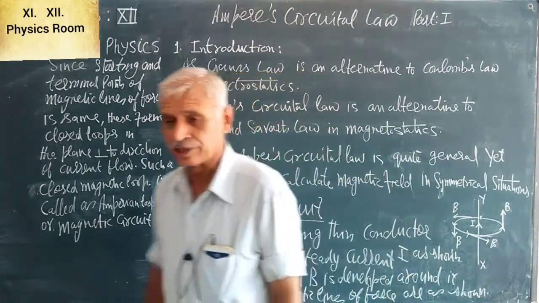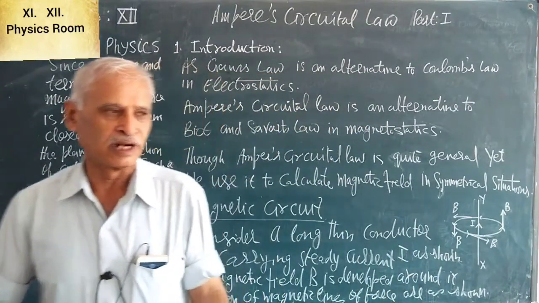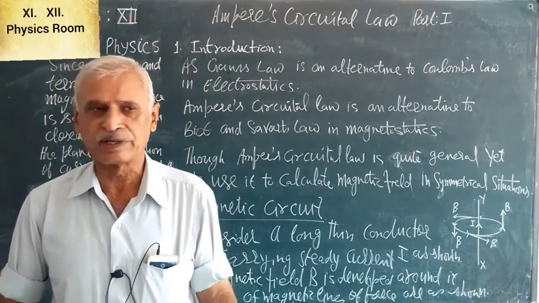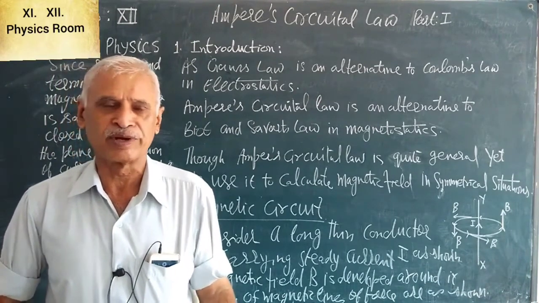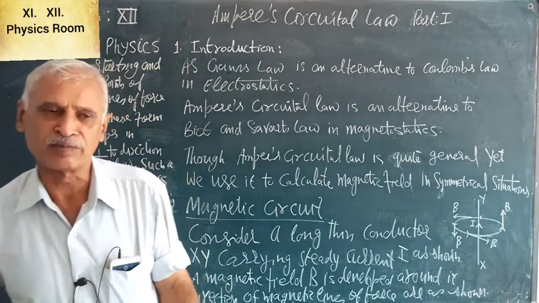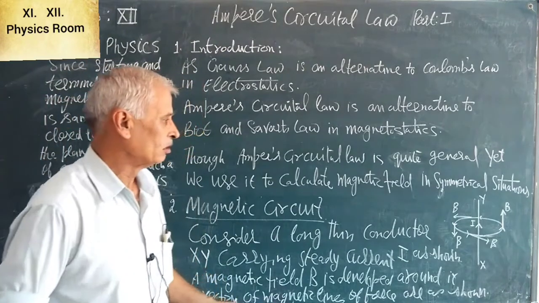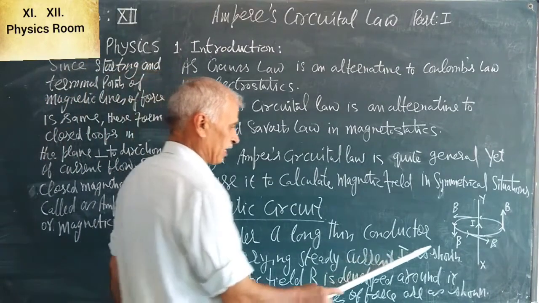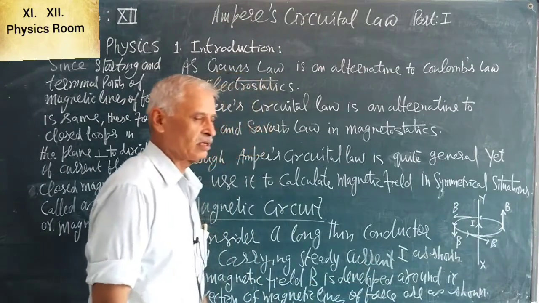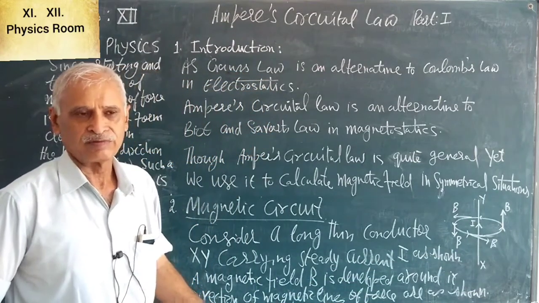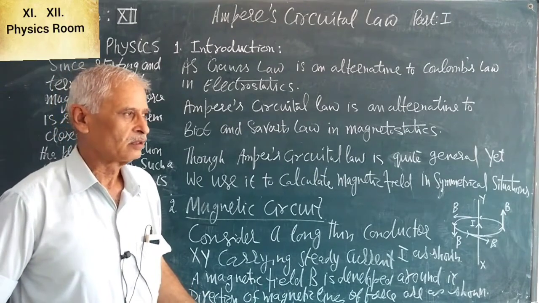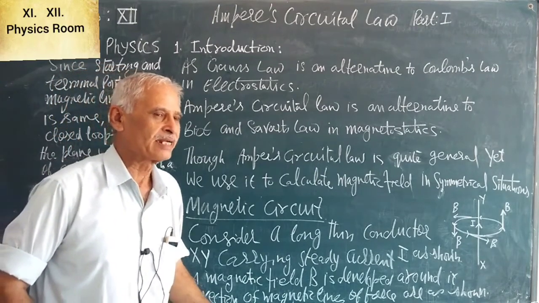Like electric circuit, you have known that the current passes from positive terminal point to the negative terminal point, so starting point and terminal points are the same. Here also in magnetic circuit, the starting point and terminal point of a magnetic line of force is the same. So it forms a closed loop and we call it a magnetic circuit.